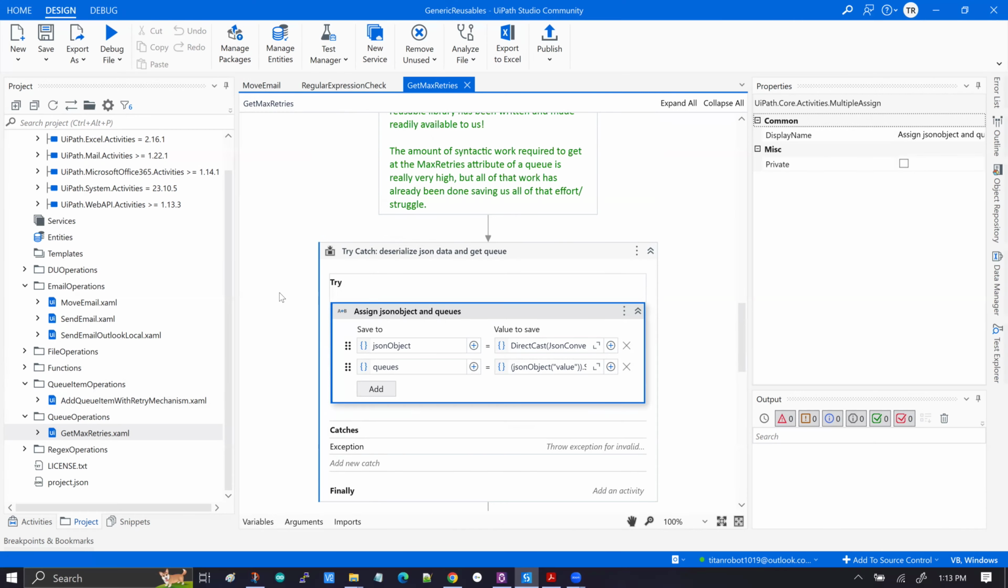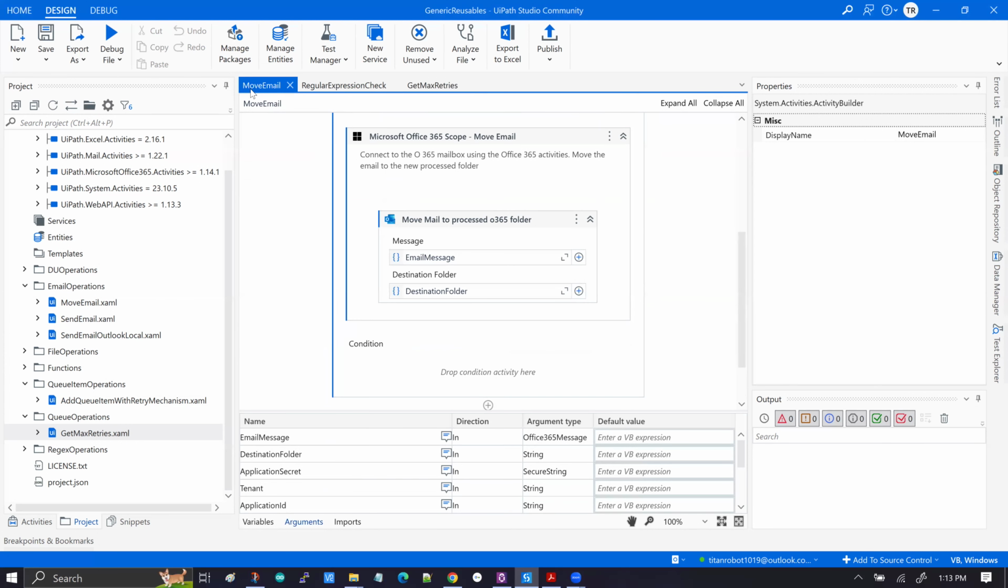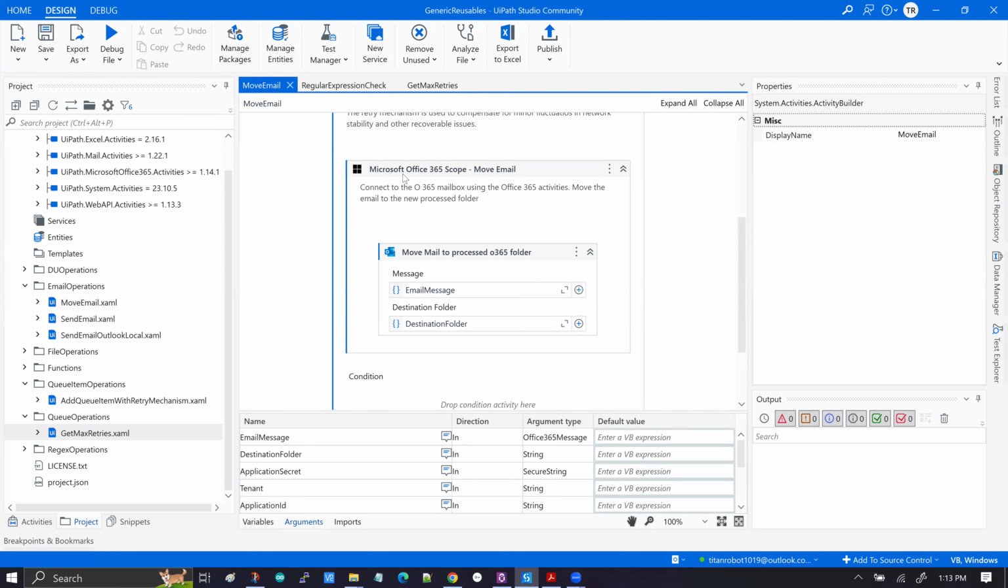The last thing that I would like to cover on this library would be the changes that I have made to it, right? And for that, we'll have to go through some of the methods that are already in this library, right? So if we go to either move email or send email, you will see that it operates within the Microsoft Office 365 scope,